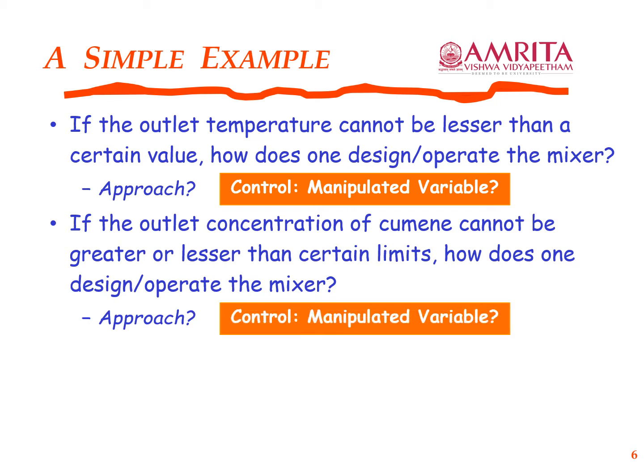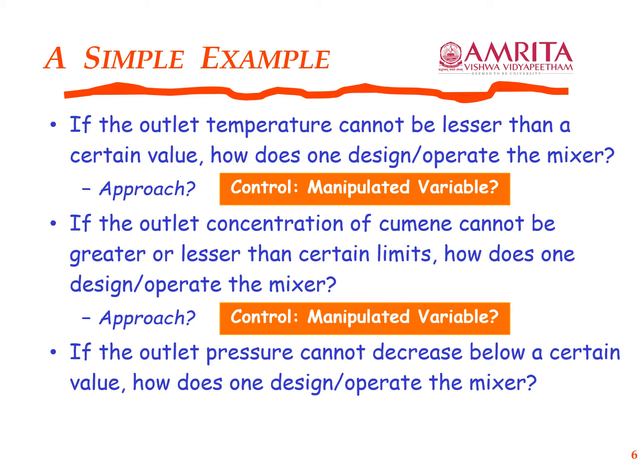So once again, what would be the manipulated variable? Either you have to change the composition of the recycled stream, or you have to change the composition of the fresh stream. The recycled stream is coming from the downstream units, and there may be other issues if I have to tweak that. So probably one logical manipulated variable would be the fresh feed itself.